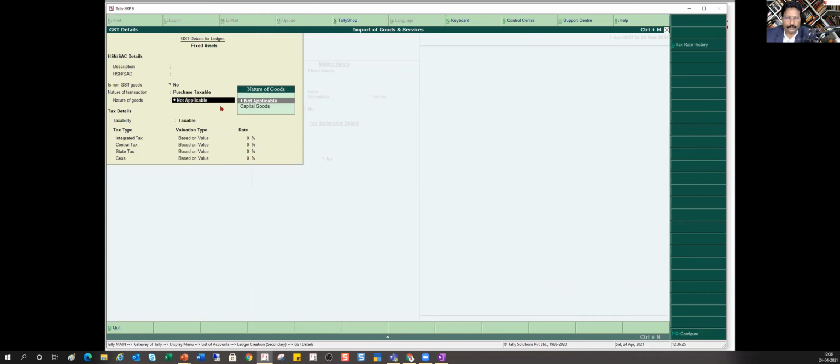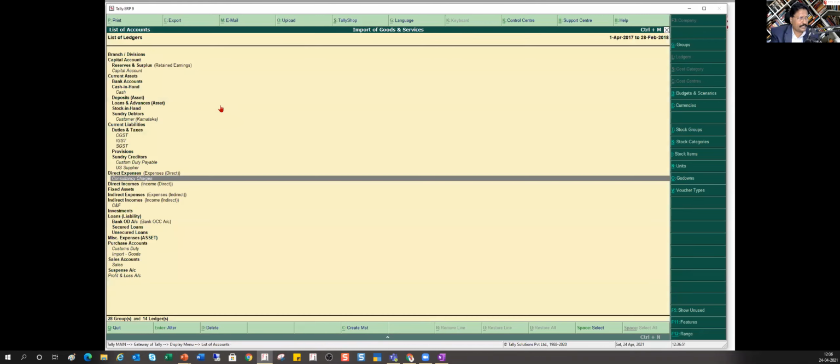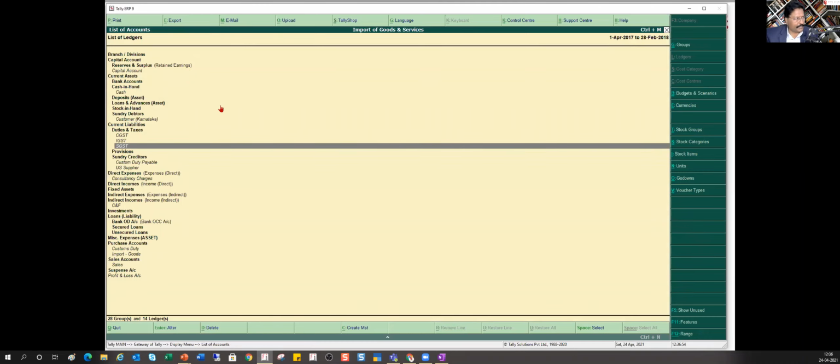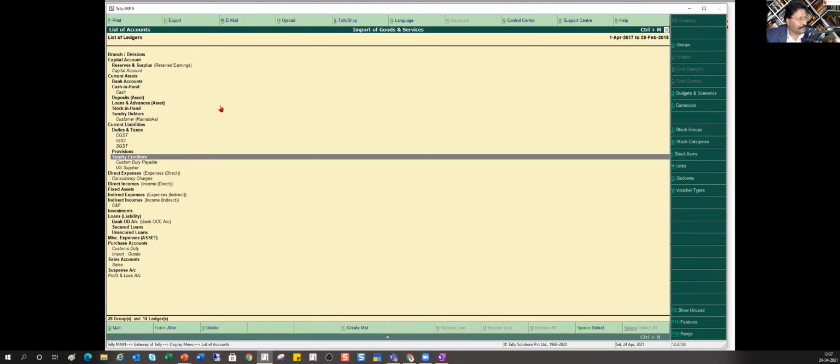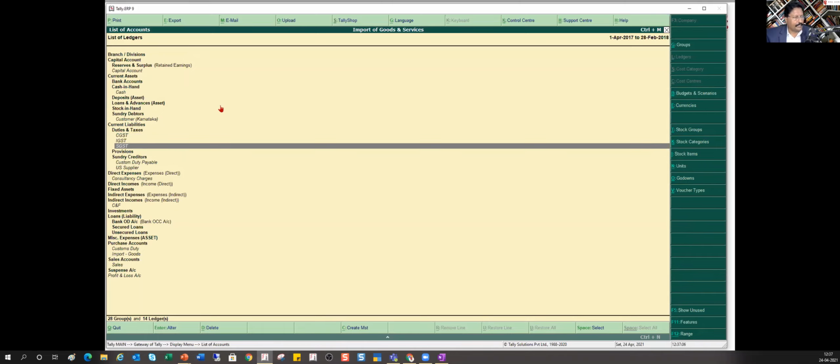So for all capital goods, when you're claiming your input tax credit, you link the nature of transaction. Tally will automatically open up and ask you whether it is a capital goods. If you select this as capital goods and if you enter the rate of GST, then Tally will also give you your input tax credit breakup on your capital goods inward supply also. Okay, is this clear? So this is my consultancy charges. Like this, I've just created simple GST ledgers, the three common CGST, SGST, IGST ledgers I've done. Okay, and now let us see how we are going to pass this entry.